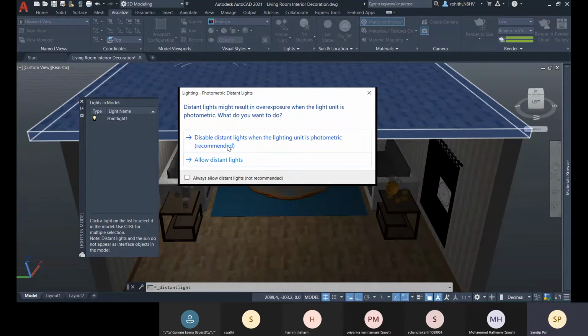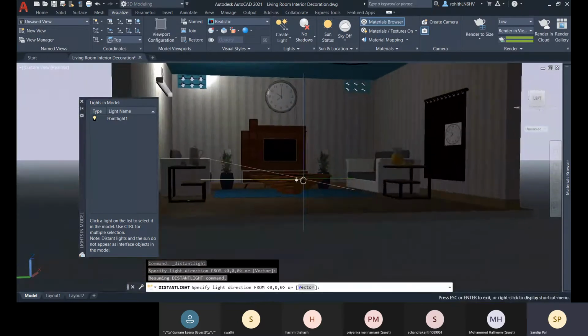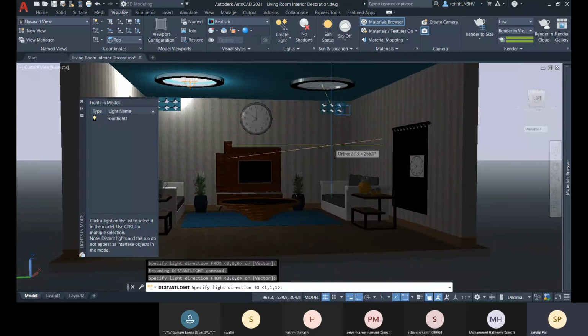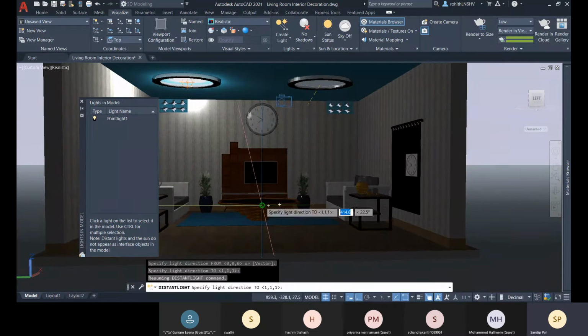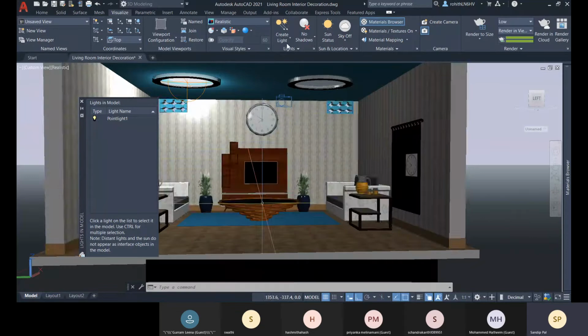That is recommended. Let me allow this distance light and place it here, and it will focus on a particular target. Light direction will be there. Let me go for this. See?